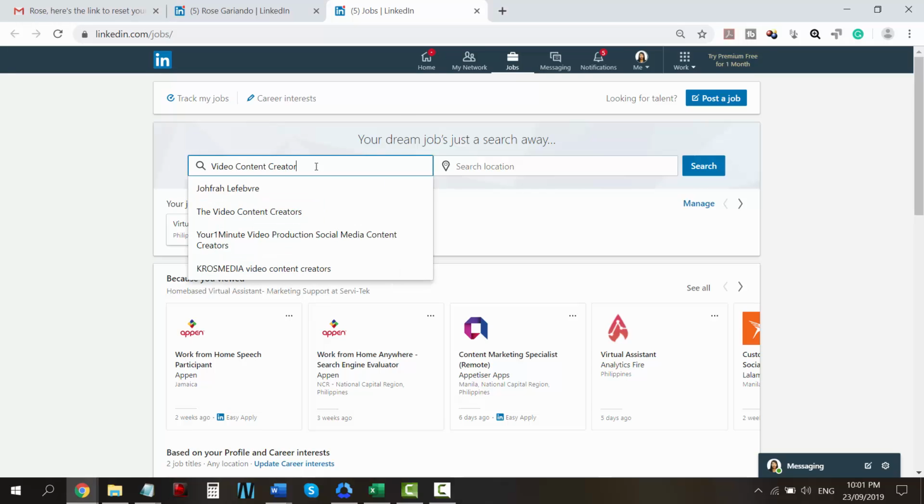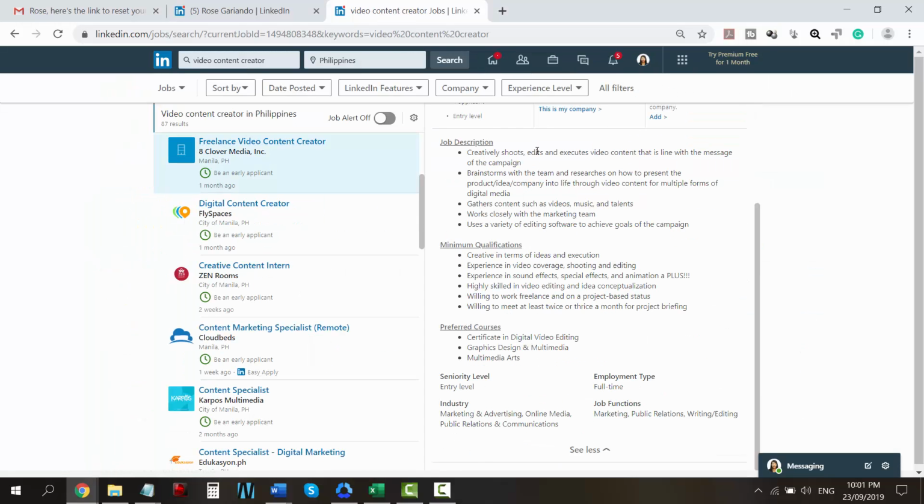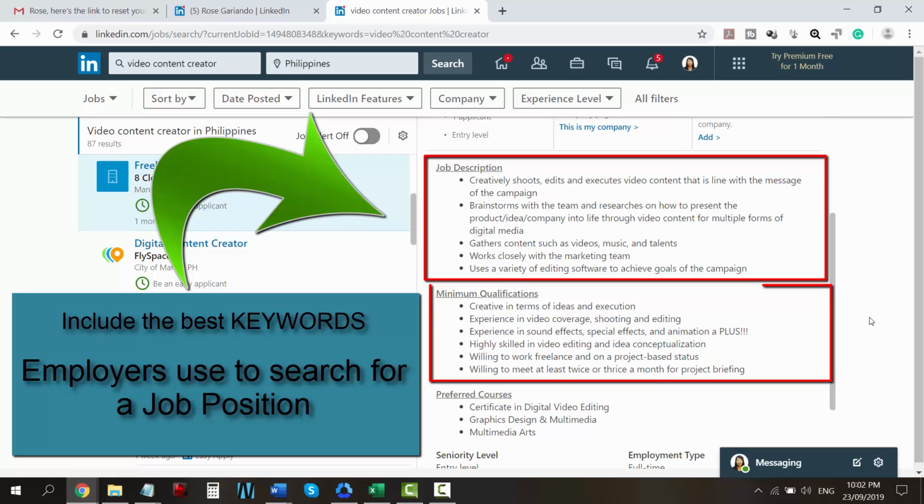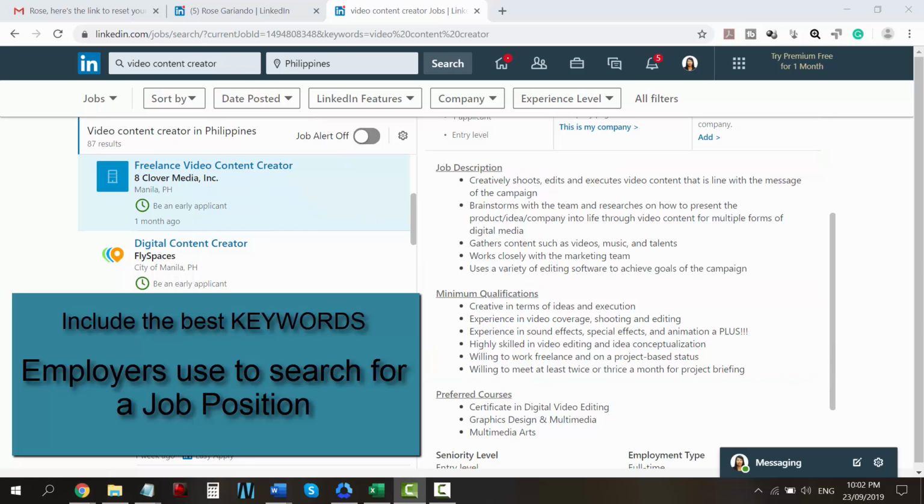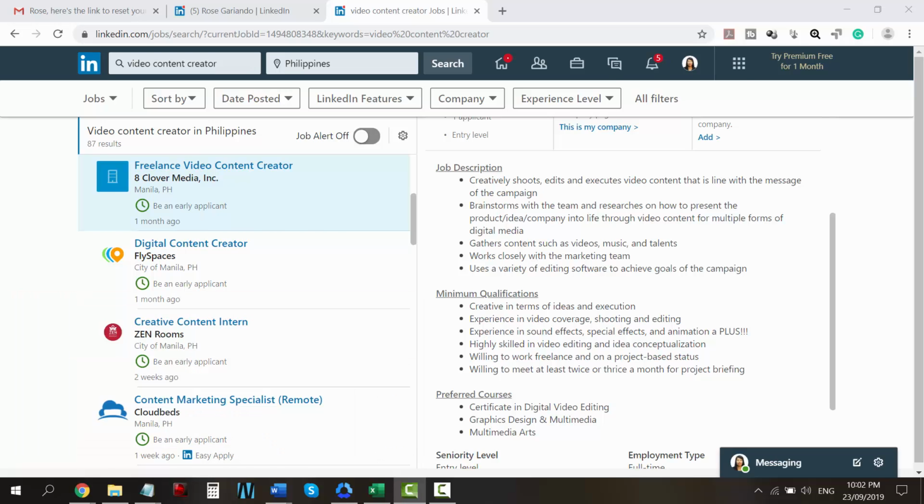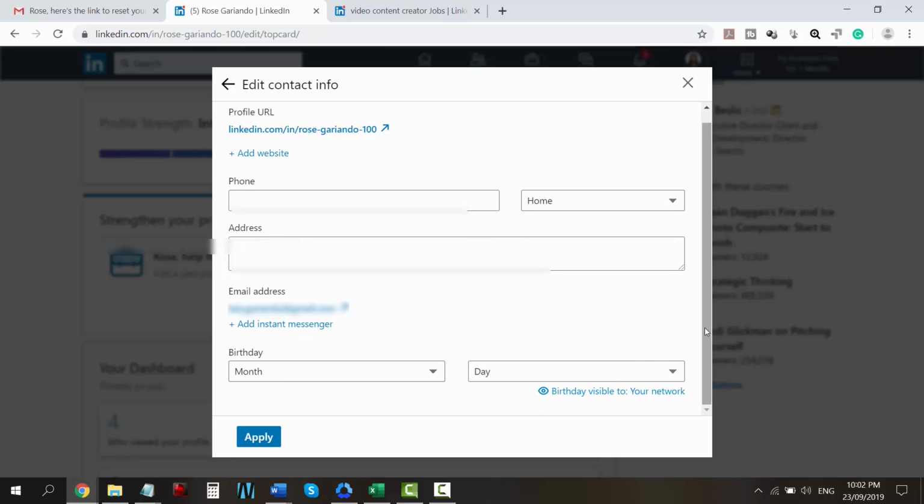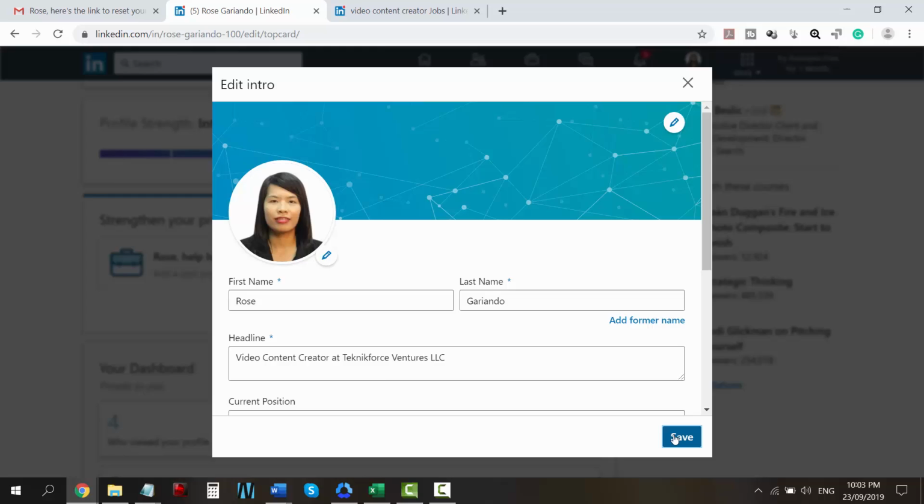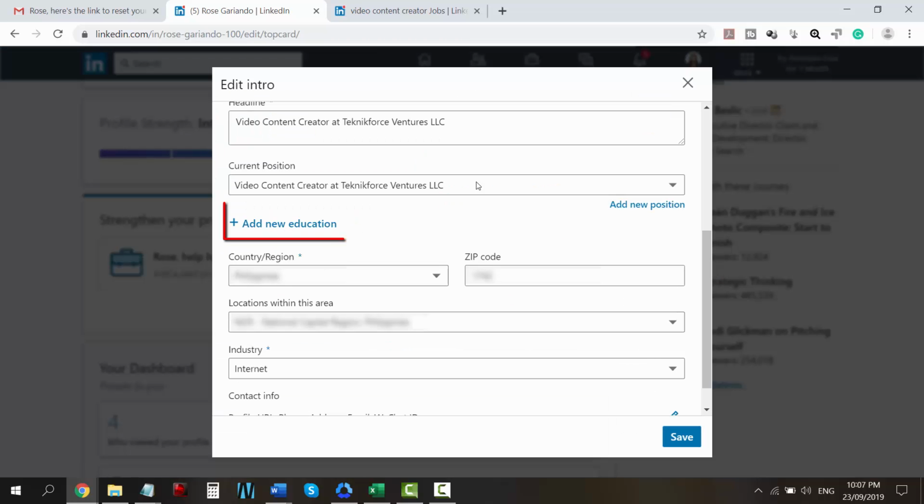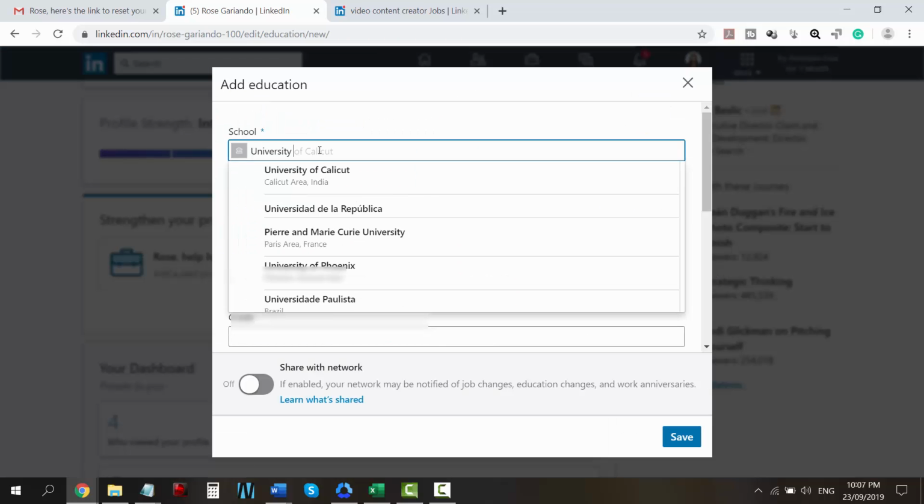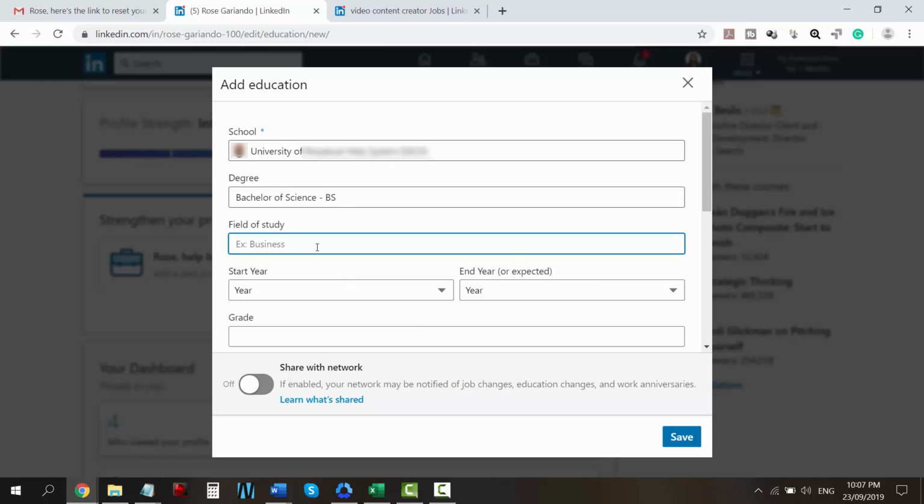Make sure to look for the best keywords that employers look for in the job position you're seeking. You may also include the contact details where employers can easily get in touch with you. This also applies to your education. Input your university, the course you took,